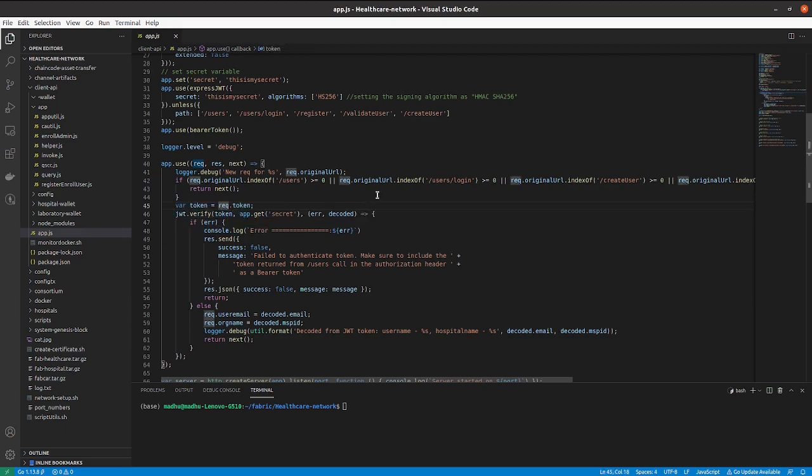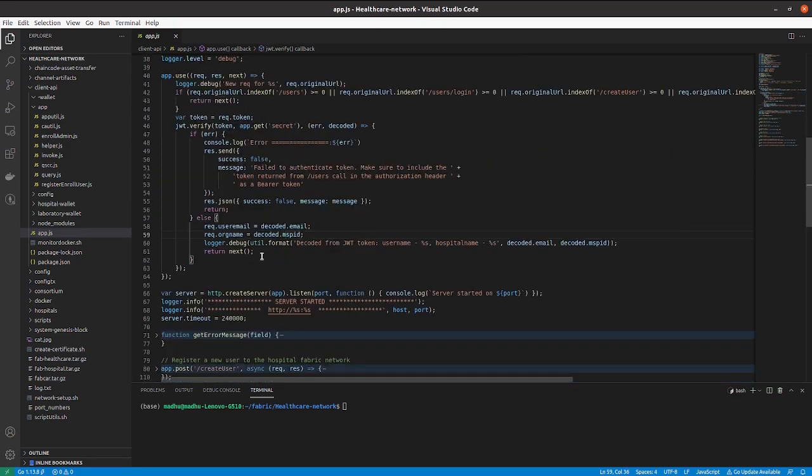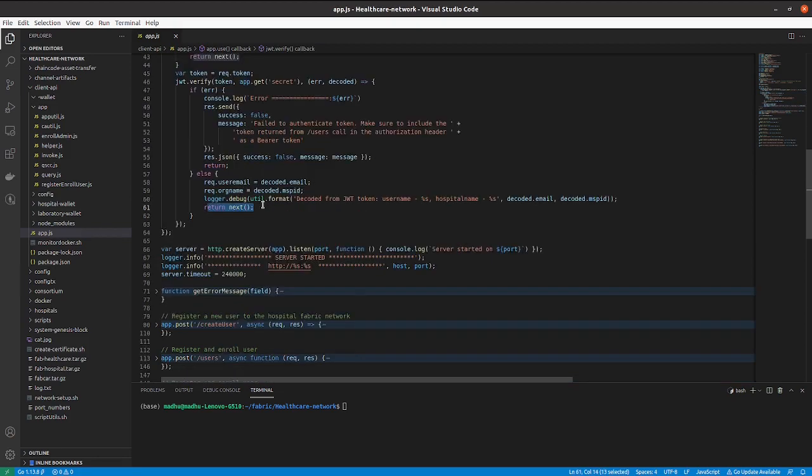If the request doesn't contain these keywords, then the first step is verifying the JSON web token using the jwt.verify method. And if the verification is successful, then it will go to the function.